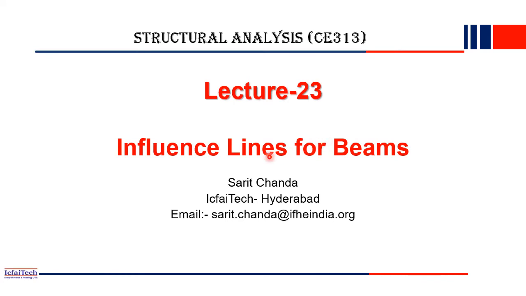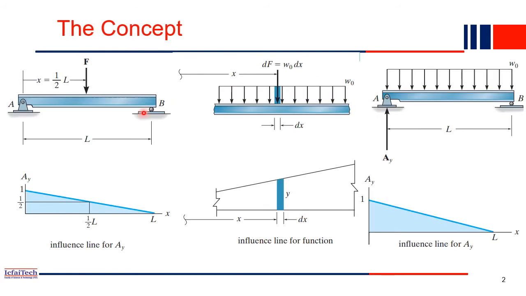For example, if a beam is subjected to a concentrated load, or a uniformly distributed load, whatever may be the case, how to draw the influence line diagram. So the basic concept here: here is a simply supported beam as shown. One concentrated load is acting at center F. This concentrated load is actually a moving load. It starts from the left support and gradually goes from left to right. So we have to draw the influence line diagram for it.